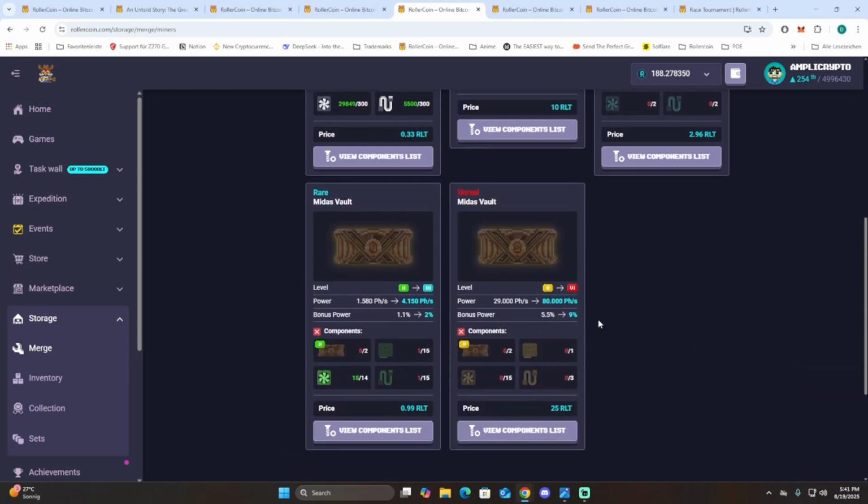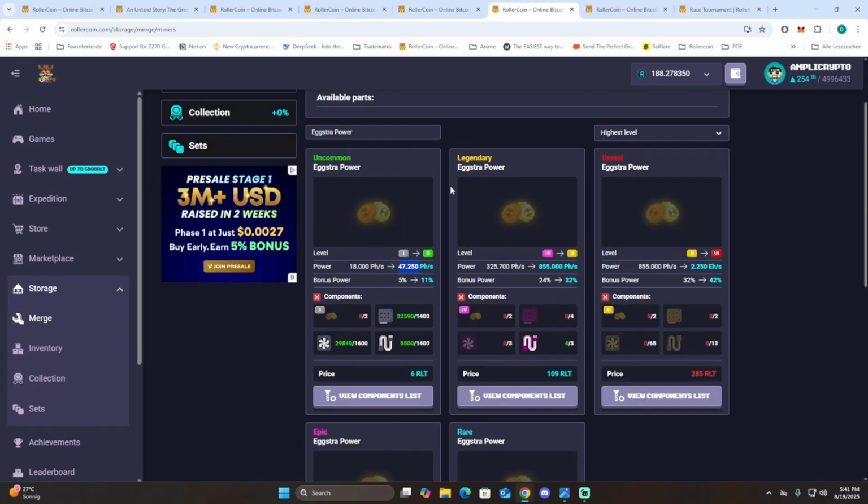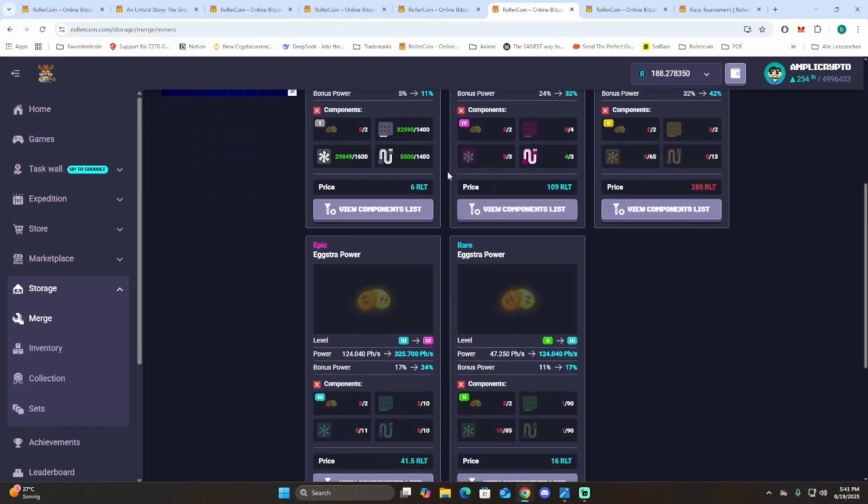because if you wanted to go all the way to tier 6, let's say, then you have a miner with 80p and 9% bonus power, but it comes at a ridiculous price on top of your actual cryptocurrency in roller token. And in the other case of the Eggstra power, if you wanted something with 80p or more, then